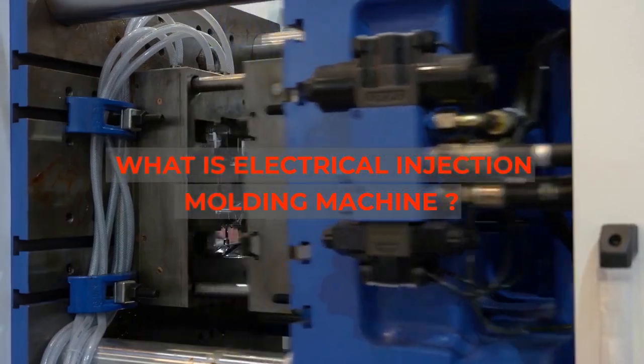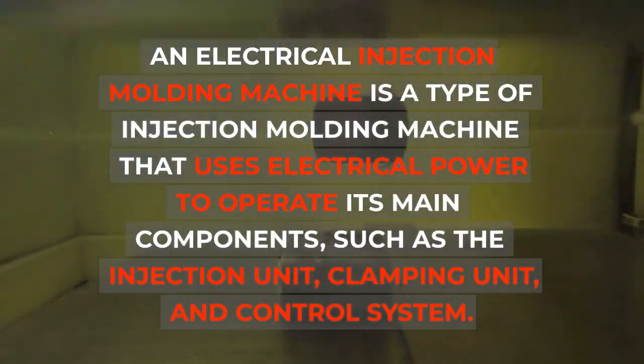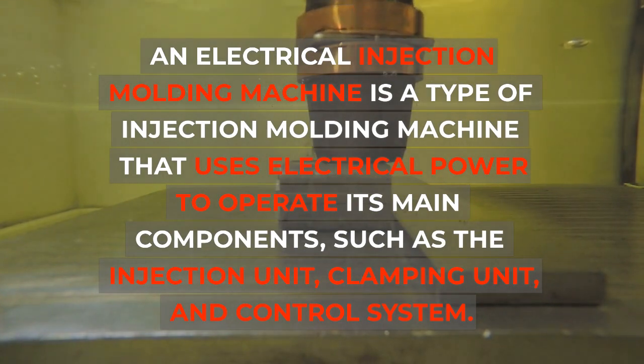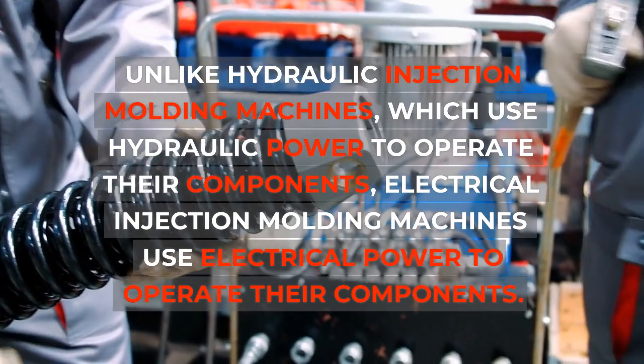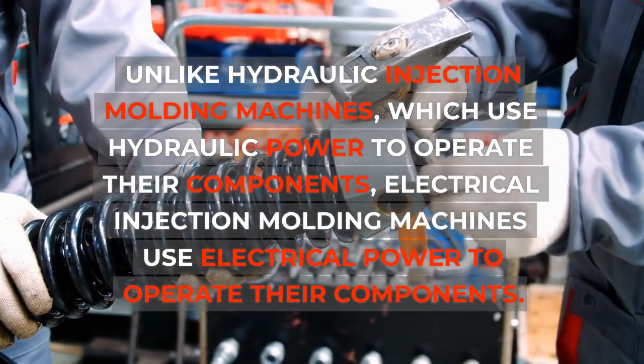What is an electrical injection molding machine? An electrical injection molding machine is a type of injection molding machine that uses electrical power to operate its main components, such as the injection unit, clamping unit, and control system. Unlike hydraulic injection molding machines, which use hydraulic power to operate their components, electrical injection molding machines use electrical power